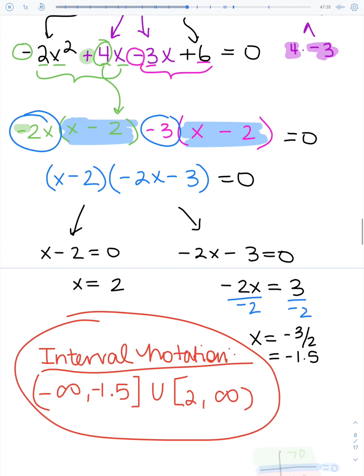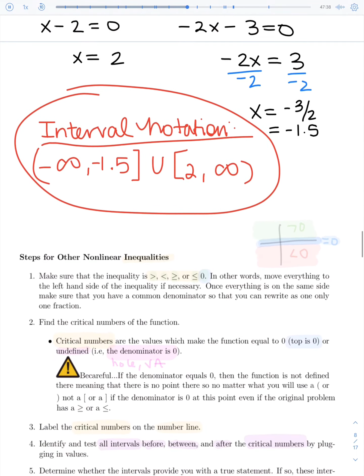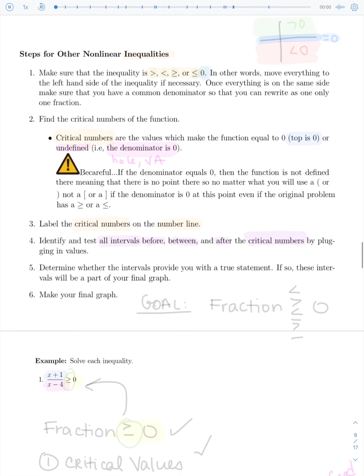So the next thing that we're going to do is look at solving other inequalities. Remember, inequality in section 1.7, we're going to